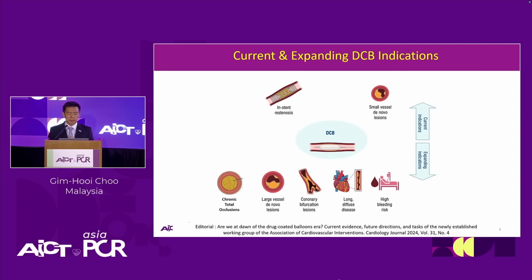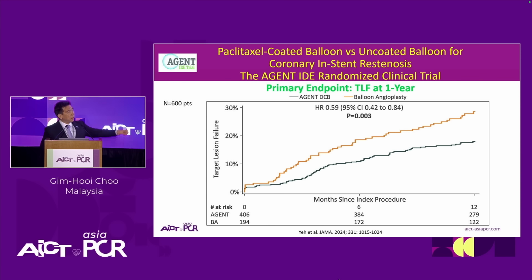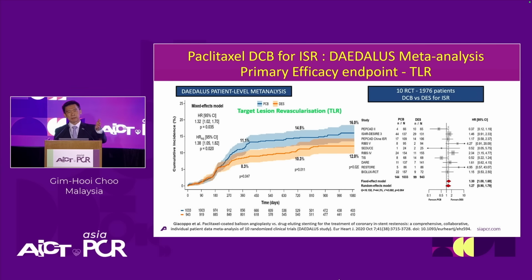And not all DCBs are the same. Today, I think we are clear in terms of DCB application for in-stent restenosis and small vessel. We are expanding to a lot more complex scenarios like CTOs, bifurcations, long diffuse disease, and so on. ISR is actually the main indication. The Asian IDE trial showed a better outcome compared to balloon angioplasty alone for in-stent restenosis. It's very clear. But the European guidelines tell us that putting a DES for ISR has the upper hand against DCB. One of the main pieces of evidence that actually led to this recommendation